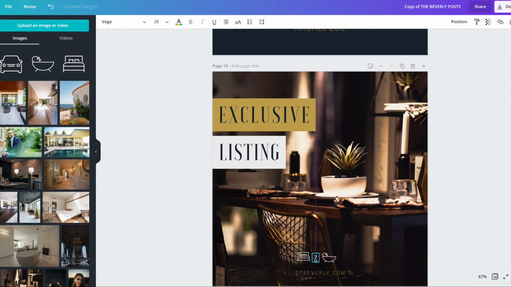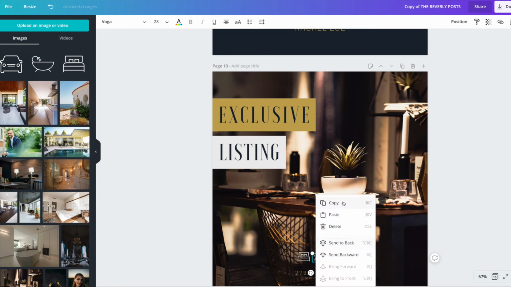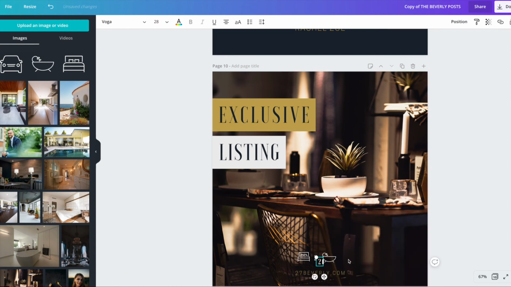Okay, I'm going to position it where I want. And then, just to make things easy, I'm going to copy and paste, bring that over to the bath. Okay, and now I've told people that there's 2 beds and 2 baths,